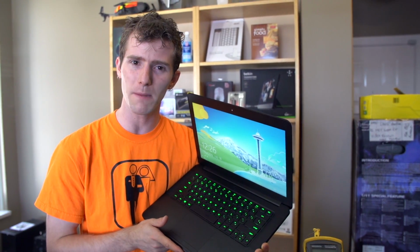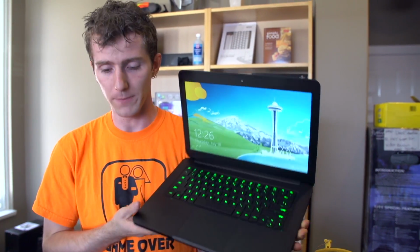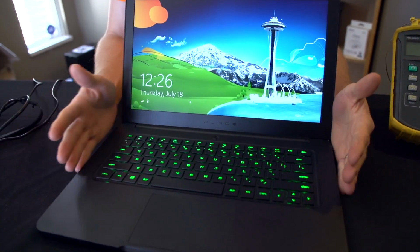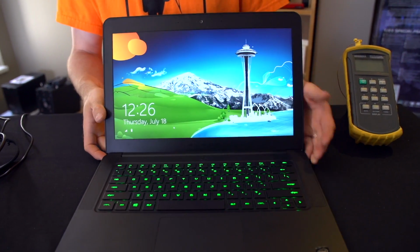I remember saying when the original Blade launched, this is interesting, but what I'm really excited for is next gen. Next gen is finally here. Now, with that said, this notebook is not perfect. It lacks an SD card reader. It lacks a dedicated hardwired Ethernet port. However, the wireless solution does use Bigfoot Killer optimizations in order to prioritize your gaming traffic, so that's at